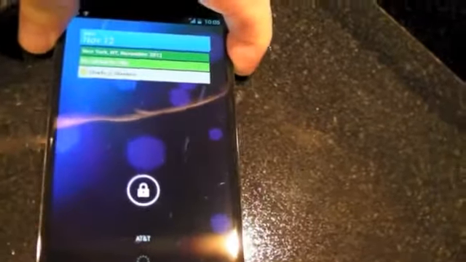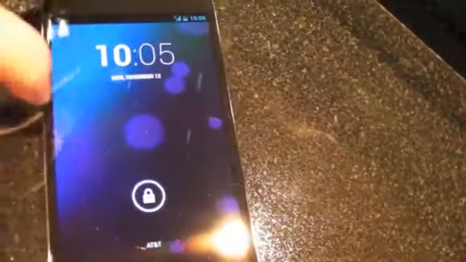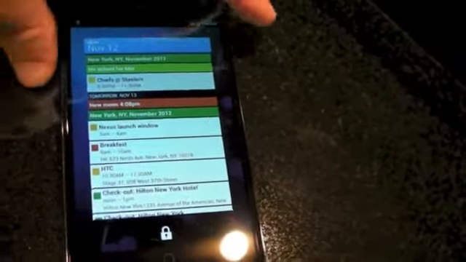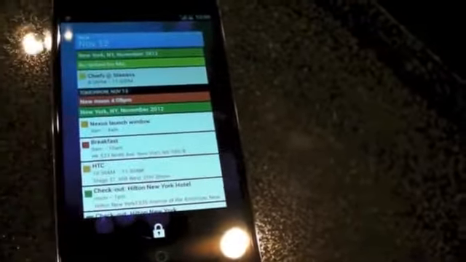So here's the calendar widget, and it's kind of odd. So you add it there, and you're not quite sure what to do actually at first. I'll turn it on and off, and now it shows up full screen, which is a little weird, but whatever. You can scroll through it, and the scrolling's quite smooth and not bad, so I like that a lot. So up and down, and you can tap to go in. Google Now still works. You get to it from the bottom button there,